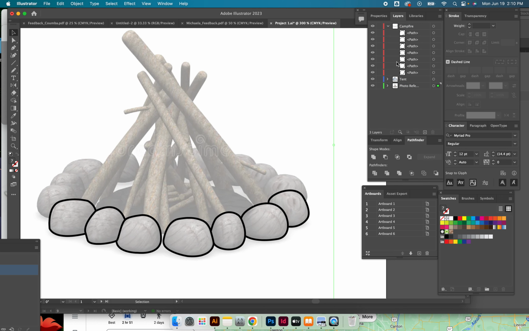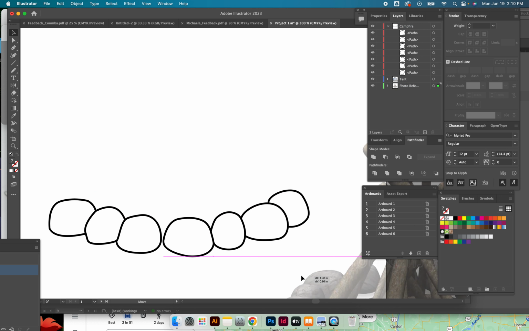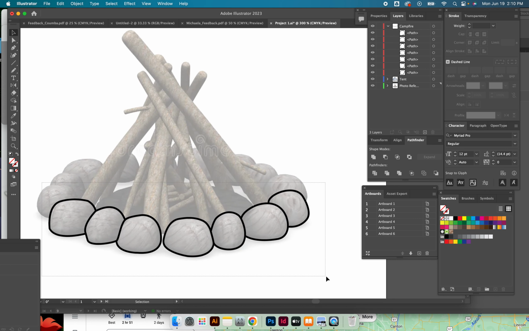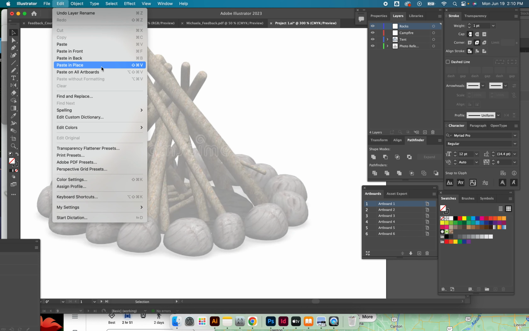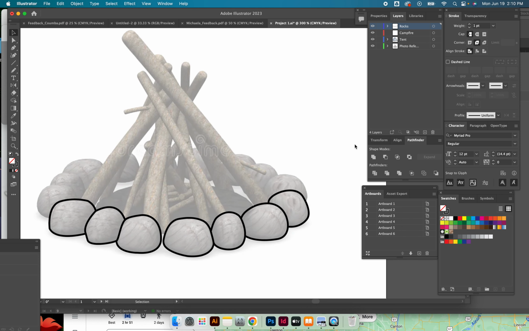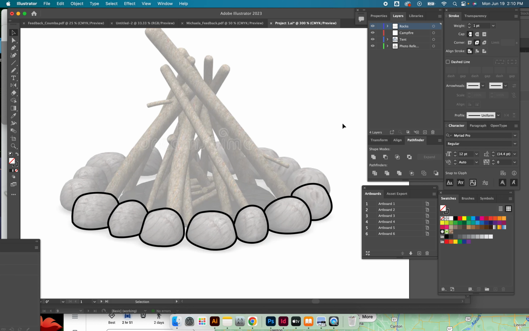Her campfire layers. And I do not want all of these to be on a separate sub layer path like this. So I'm going to copy them and delete them. I'm going to make a new layer and I'm going to call it rocks. And then I'm going to edit, paste in place. Okay. And her rocks look good now, but